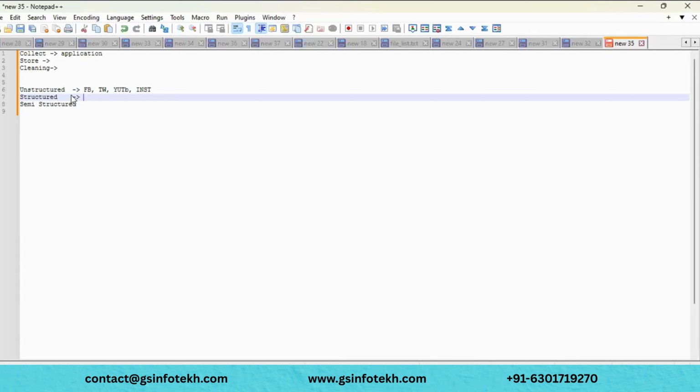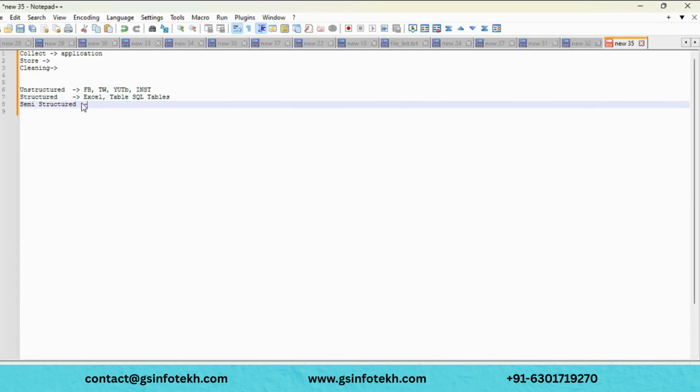We can understand and read that data easily, and we call it Excel, or tables, or SQL tables. We call this structured data because it is well organized, so we can read the data properly.